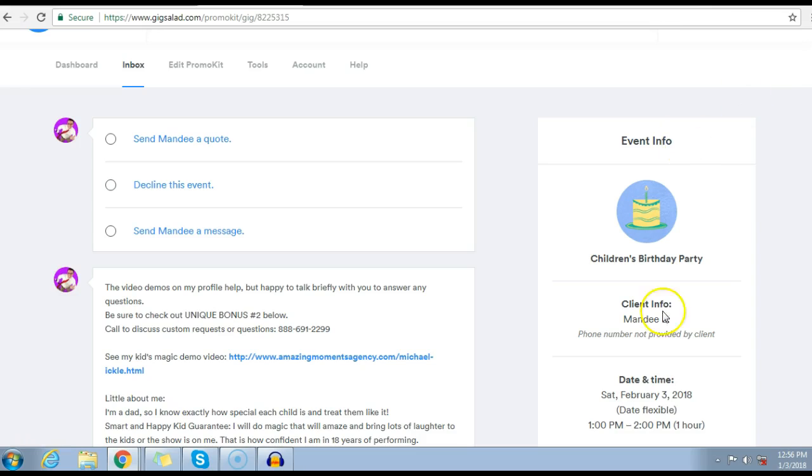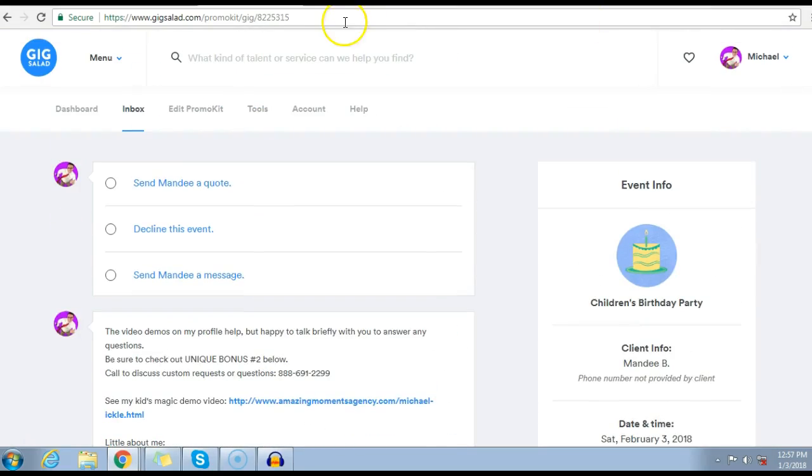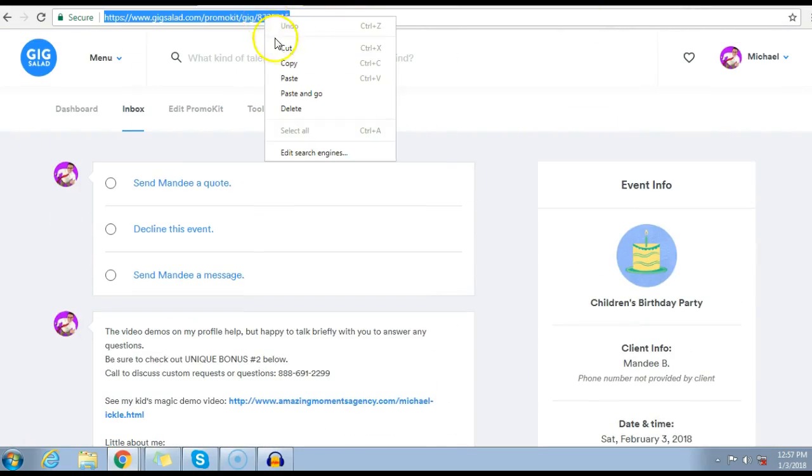Now, Gig Salad, you can see right over here, it says phone number not provided by client. Other times it'll say phone number revealed when you submit a message or when you reply. But in this case, there's no phone number, there's no direct email, so all we can do is just let this sit in here. And then you want to copy this link again, copy,